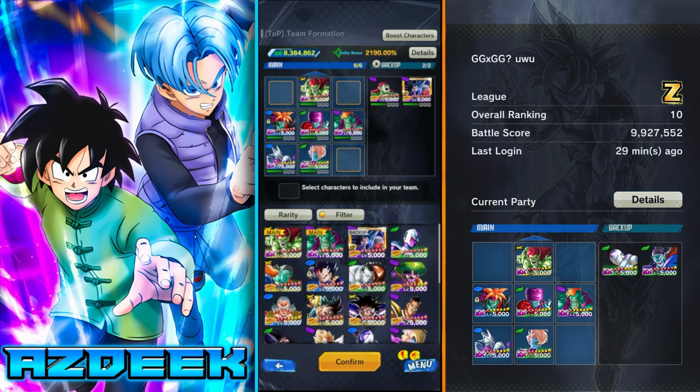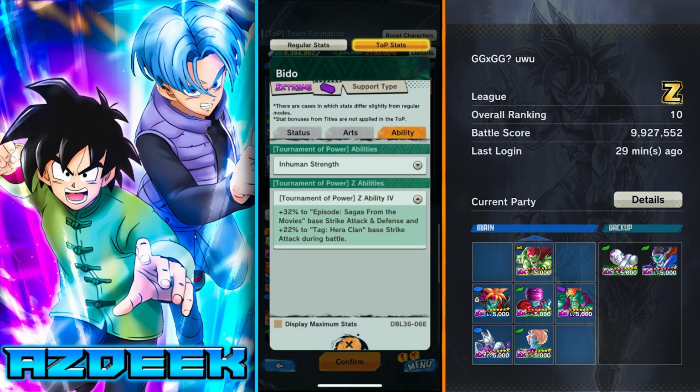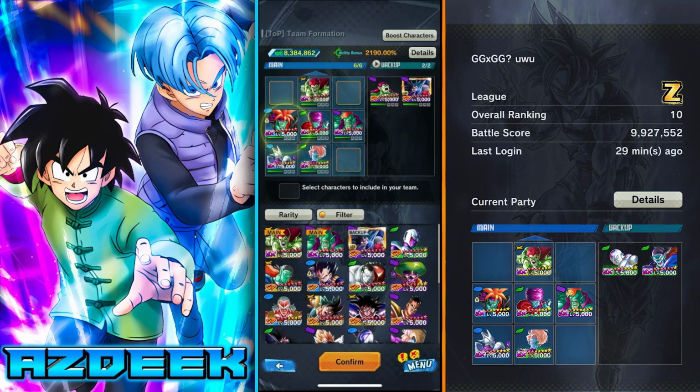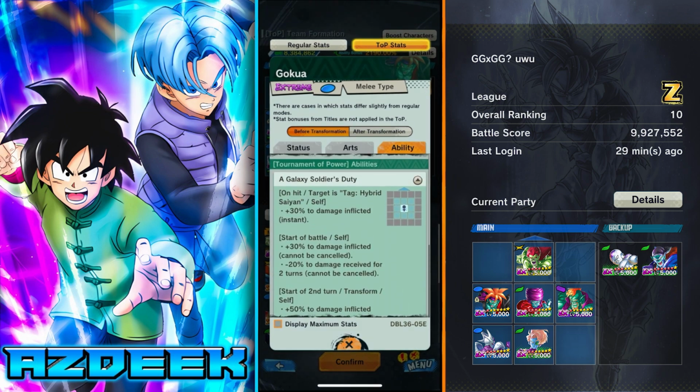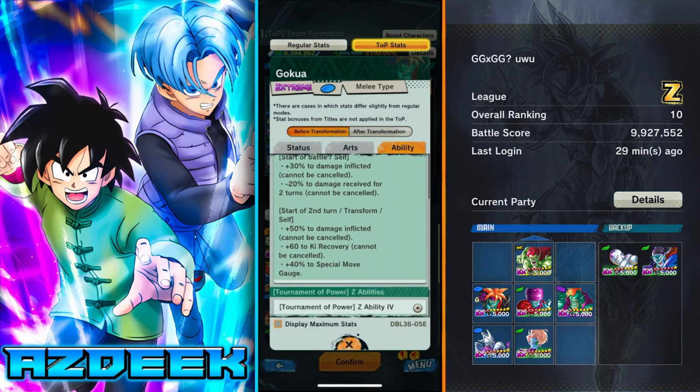So next we have this rank 10 player rocking pretty much a full-on Hera squad team, and obviously the synergy here is going to be amazing because most of these guys have Z abilities catered towards Sagas in the movies, plus an extra bonus to specifically Hera clan members. You can see right there, and then this Goku is amazing since he does buff base health plus strike attack, and then this guy also has a buff against hybrids, which you do see a lot of on the board this season, and at the start of the second turn, he's basically building up his special move gauge,